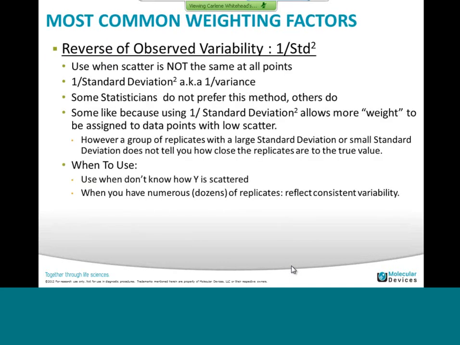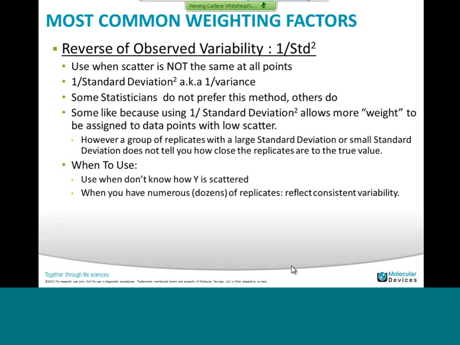So now the reverse of the observed variability, 1 divided by the standard deviation square, is used when the scatter is not the same at all points. In SoftMax Pro, it will be 1 divided by the standard deviation square, or 1 divided by the variance. Some statisticians do not prefer this method, because 1 divided by the standard deviation square allows more weight to be assigned to data points with low scatter,